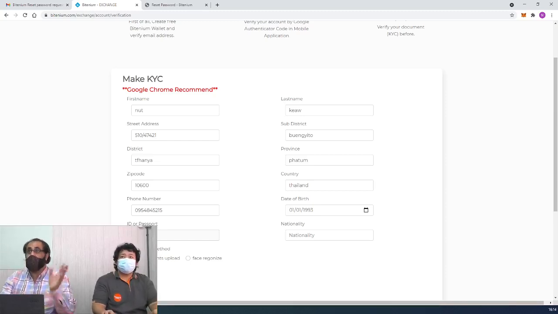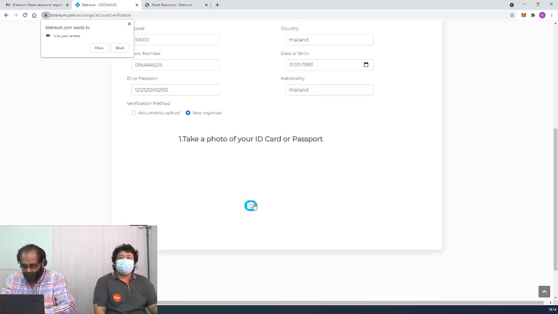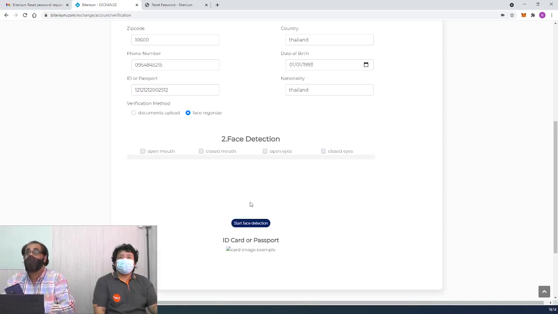Okay, let us fill up the form for verification. Once we get that, we will approve you in 5-10 minutes, so that you can proceed with the next step of starting trading and depositing funds. It will be simple and easy for you. Just 2 minutes. Let him fill up the form. You need only an ID card. We have face detection. You can start that.